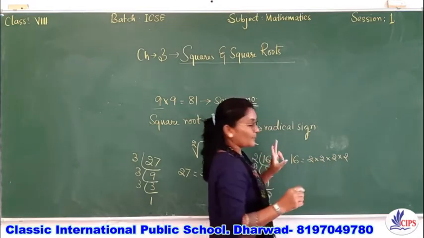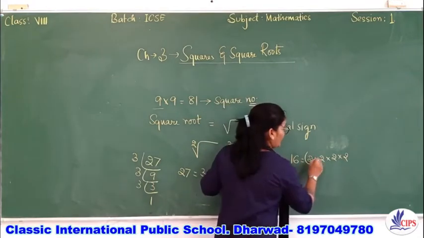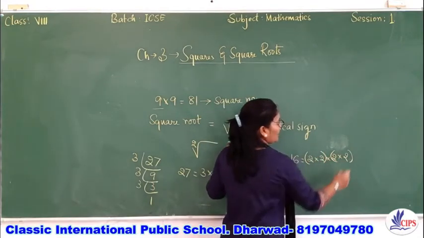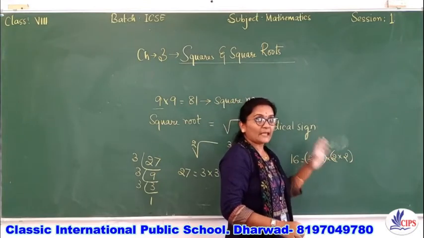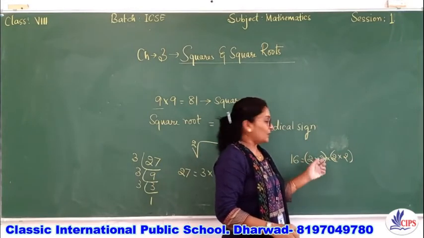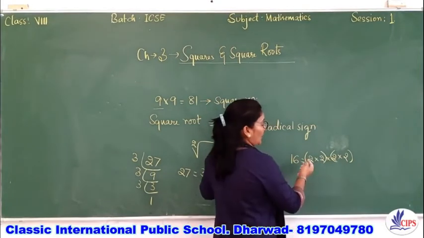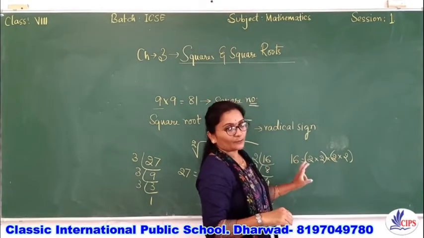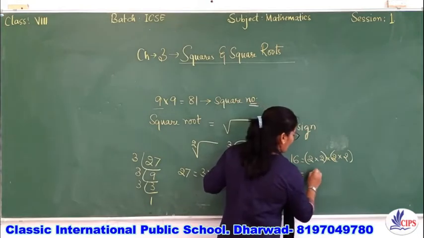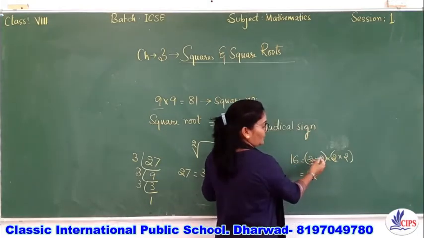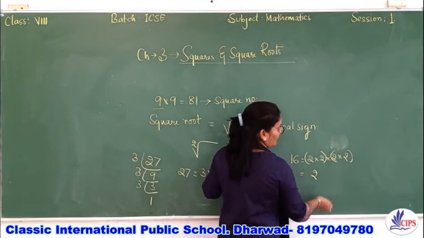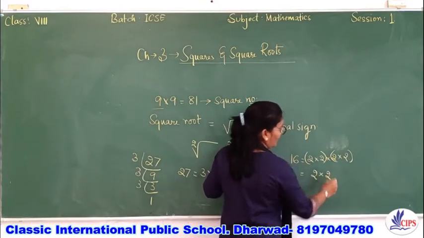Now as it is a perfect square number, we have to group these numbers in twos. Two numbers you have to group, only the same numbers in a group. Now we have got the same two numbers, that is 2, in the brackets. To find the square root of 16, you need to take one number from each group. From this group I have taken one number, and from this group I will take one more number.